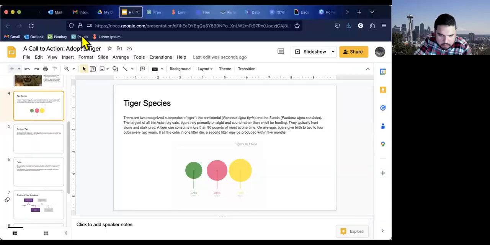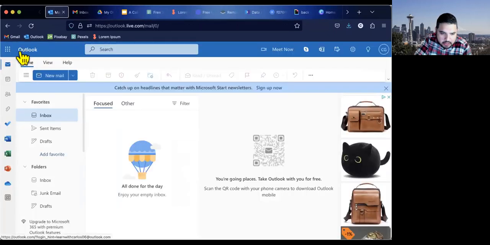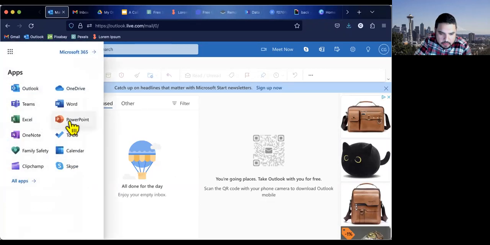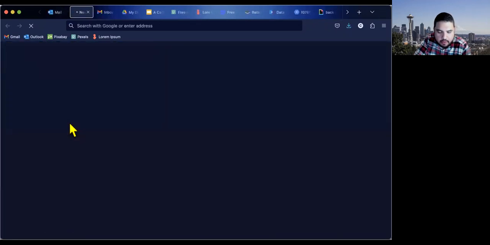Yes, and the second question is, can you use the GIF to create a GIF maker on non-Google products? Yes. So let me go back to PowerPoint for a quick moment. If I'm here on Outlook.com, and then just open up my PowerPoint project, I could do it from the PowerPoint button or from the 9 dots. I'm going to go to PowerPoint.